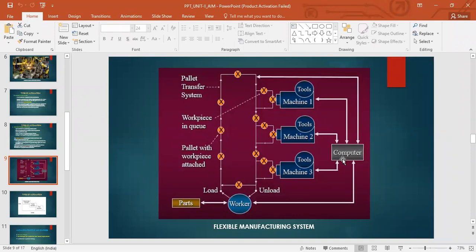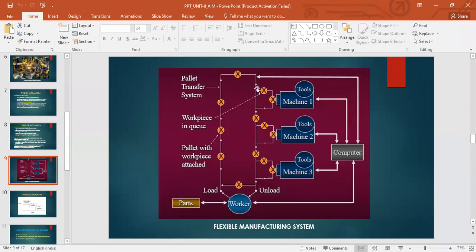So the computer will send instructions to different machines. For example, a product requires machine 1 and machine 3. The operations that are to be done are on machine 1 and machine 3. So our workpiece will go here, like this. Machine 1, it goes in here, otherwise it would go just straight, because the instructions are there to the machine that the code of this coded product is to be machined in machine 1.